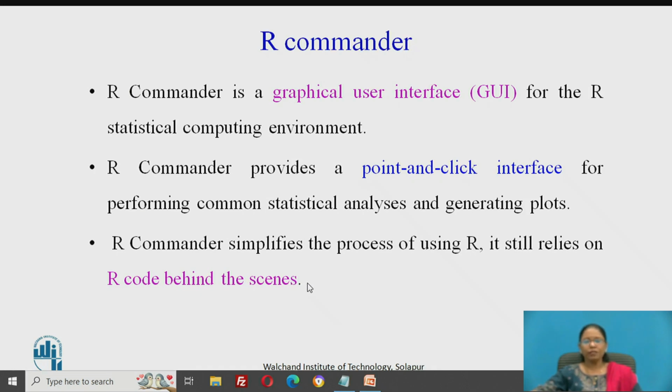That means internally the same code that we write in RStudio is executed, and R Commander directly provides you the point and click interface, so it is user friendly.